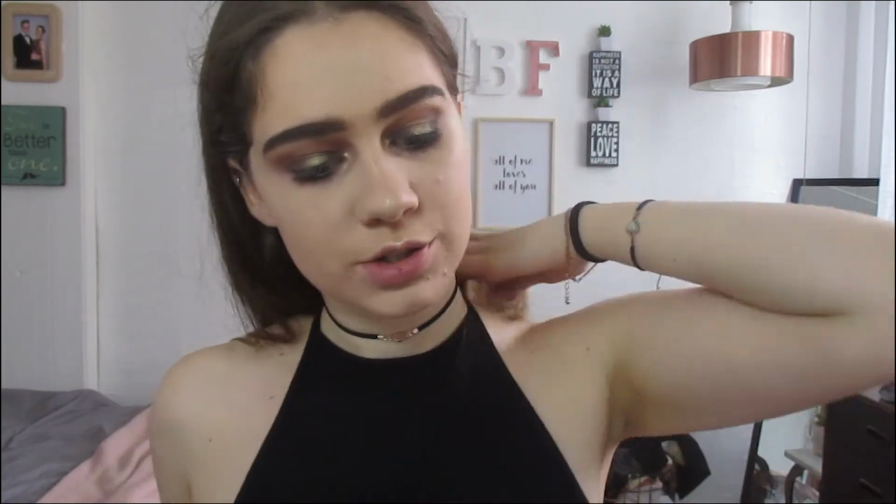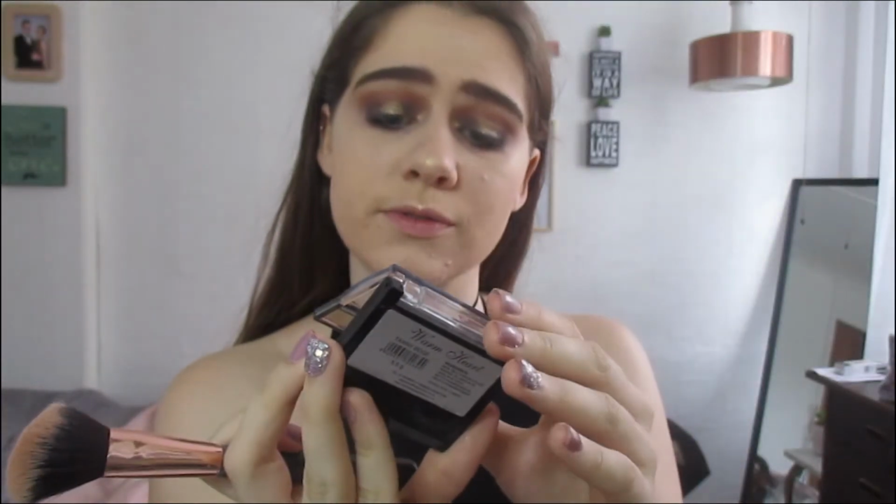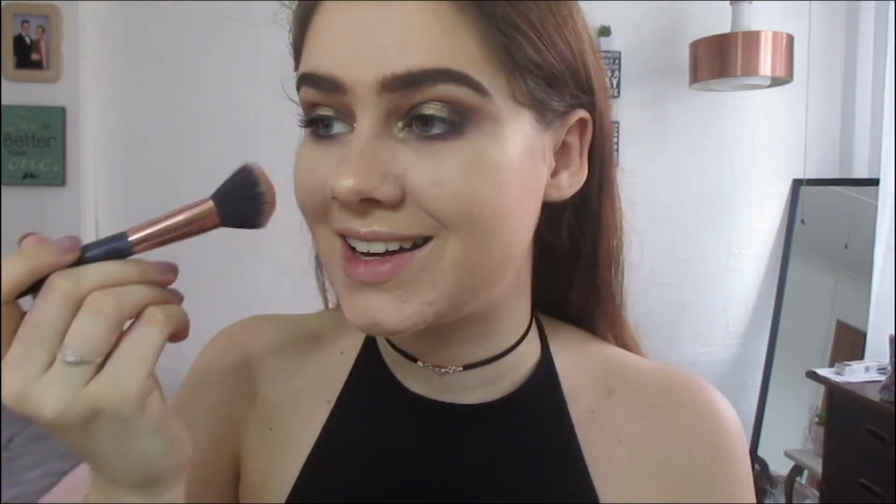Yes! Okay, I'm loving that. So now moving on to blush, and then we're going to go ahead and do lashes. I didn't manage to find mascara. So this is what the blush looks like. It is called Warm Heart Blush in the shade Tawny Beige. Don't know what that means, but oh, that is very pink. Oh no, get off my brush. So I'm just going to smile and